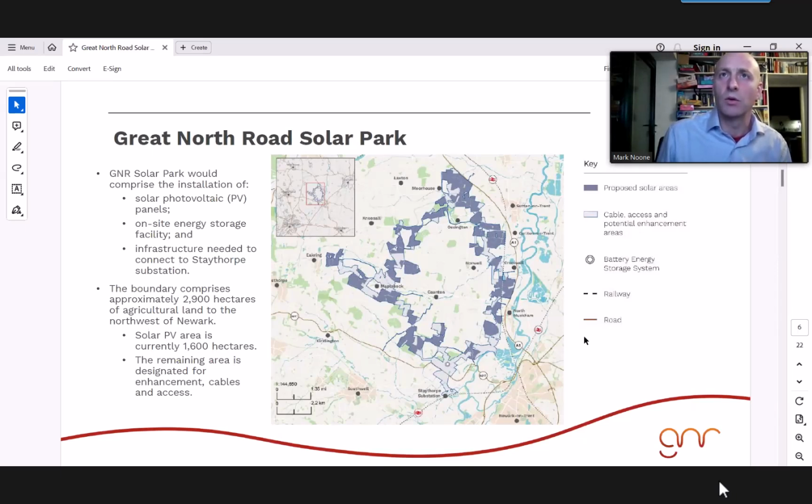We're looking at other things as well, which we will look into through the summer and come forward with your help. But the general principles are: we're up against the A1 motorway. We then have the East Coast Main Line that you can see there.